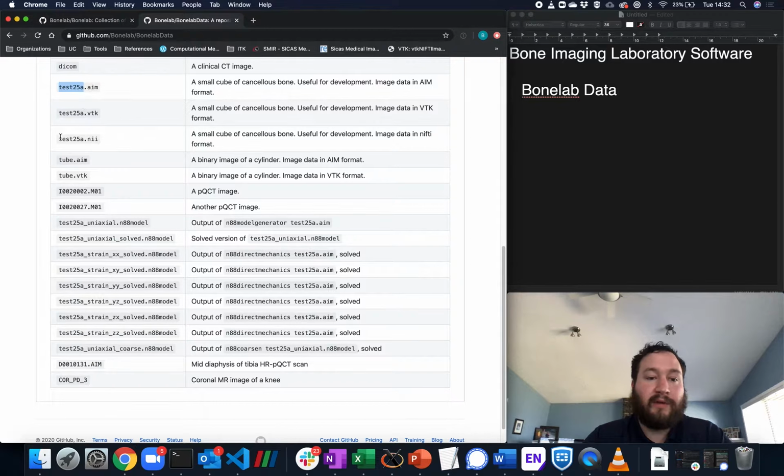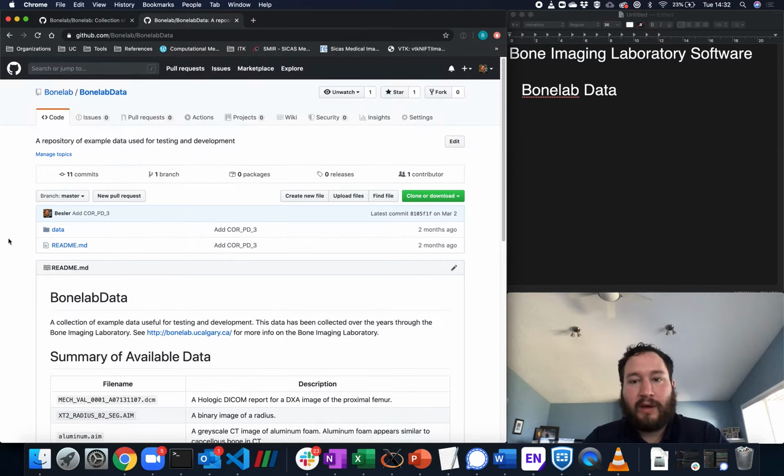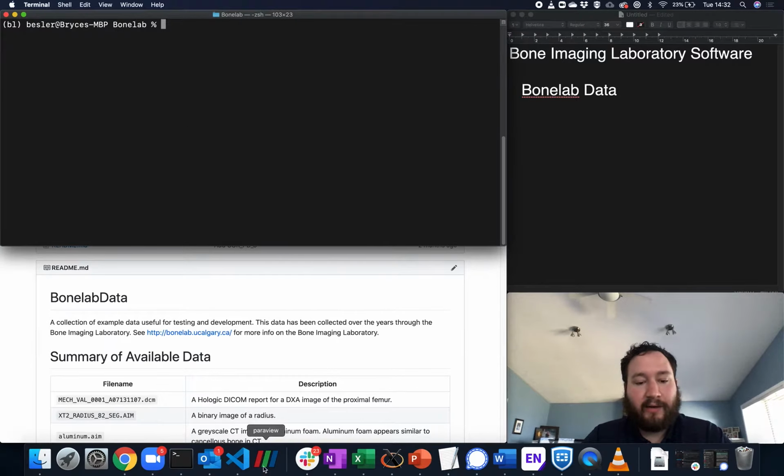Test25A is a very, very common example you'll have used if you've ever worked with Dr. Boyd, as well as some example N88 models, getting down to rare types of images such as a mid-diaphysis HRP QCT scan. To install this, we're going to come back to our little